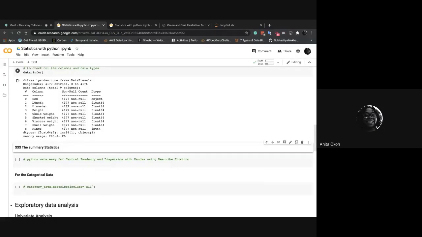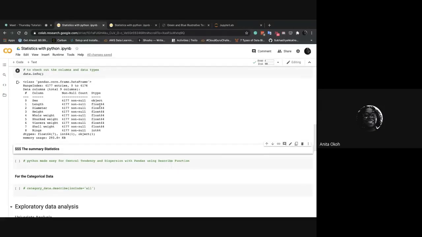This second line tells you how many non-empty values are there. And this gives you the type of the data. Like you mentioned, sex is a categorical data, but Python knows it as object or string. The only other different one is the ring, and it is an integer or a discrete data. And the rest are continuous